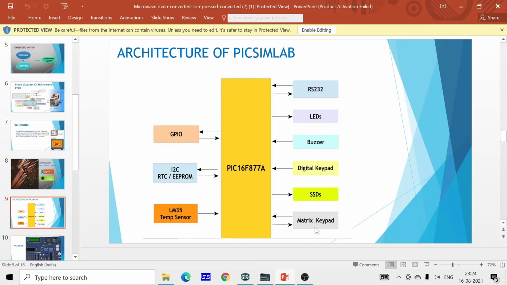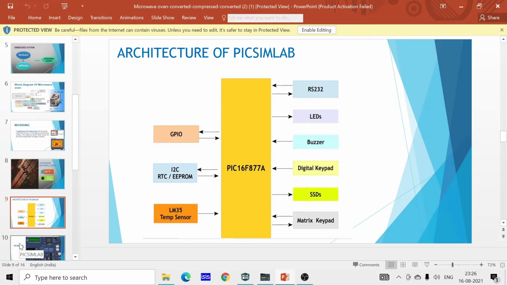By using the matrix keypad, we can give input to the microcontroller. And here the LM35 temperature sensor is used. The I2C RTC EEPROM: the RTC, real time clock, is an 8-pin device and it keeps track of the current time. And this GPIO, I have already talked about. This is only used to produce a PWM signal. Let's move on to the next slide.